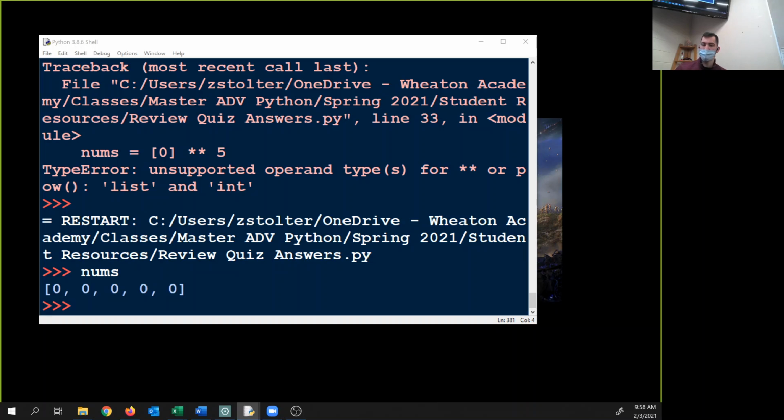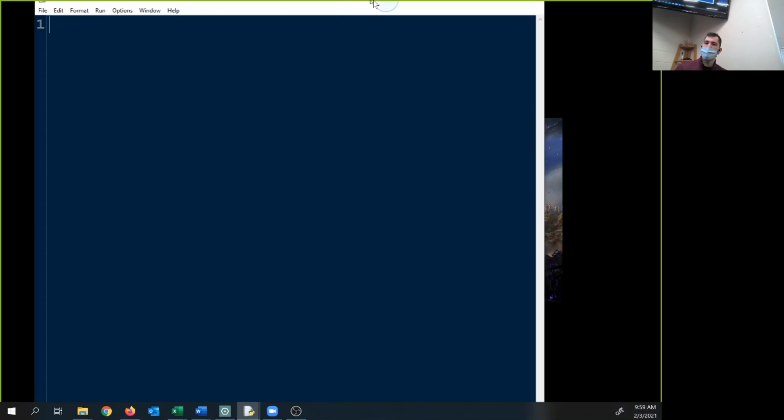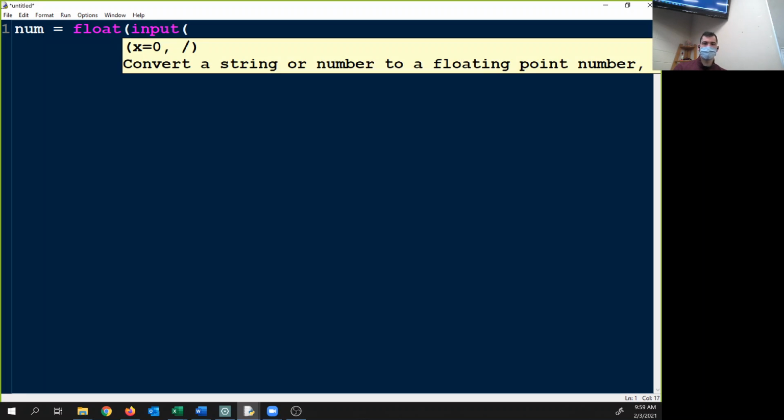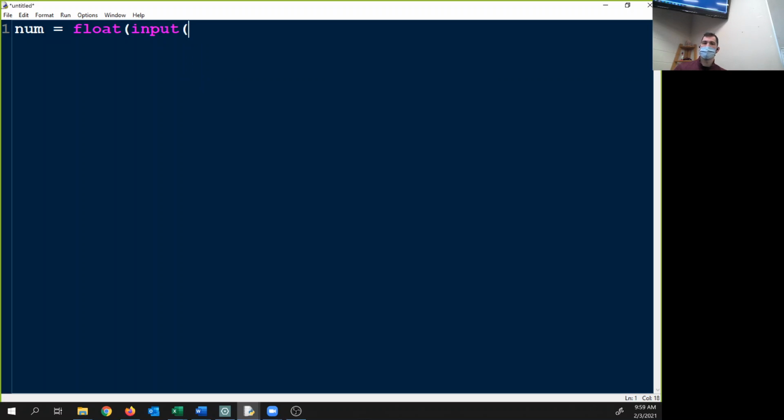All right, let me just comment out. And I have the code pre-written, but I want you guys to be able to follow along. So if I have my number and it's a float, now this is directly from your quiz, so you can copy and paste it from number 2. Input. So I'm going to go fast on this one just because you guys all have this code. So while